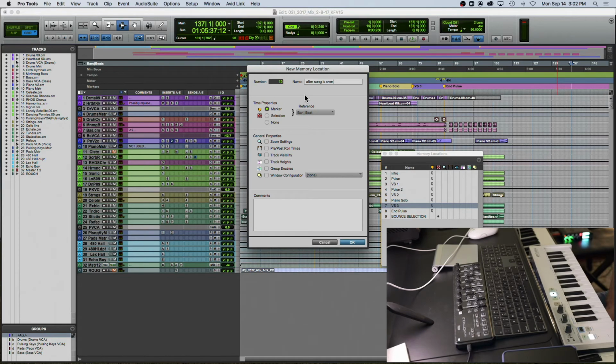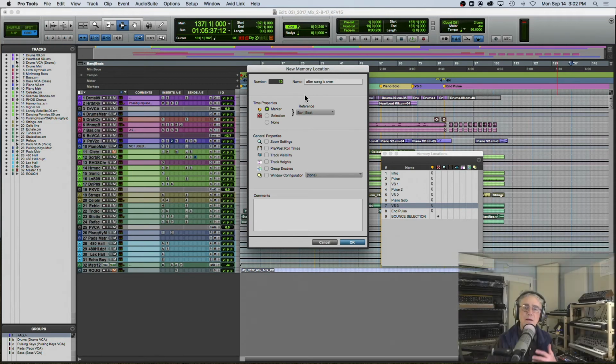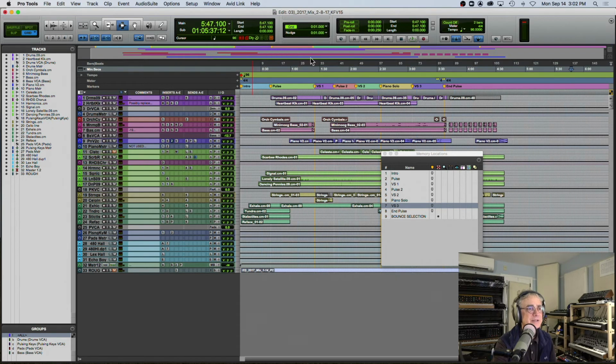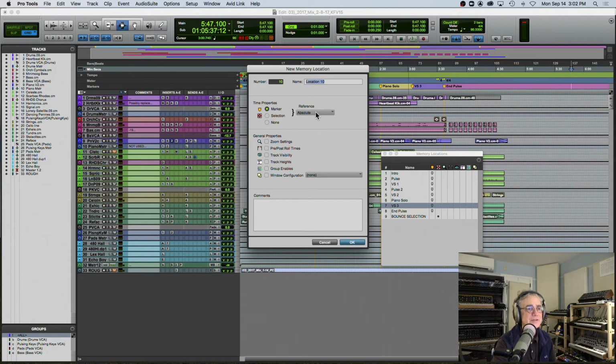If I'm spotting a film, which means that I'm going through the spotting notes that the director and I have gone through, and I'm going on the timeline and placing markers to let me know where action is changing or direction from the film director, I would change this. Let me just cancel that out. I would change this to minutes and seconds, and then see how it's absolute. So that location 10 would always be referenced based on this time, not based on bars and beats, because